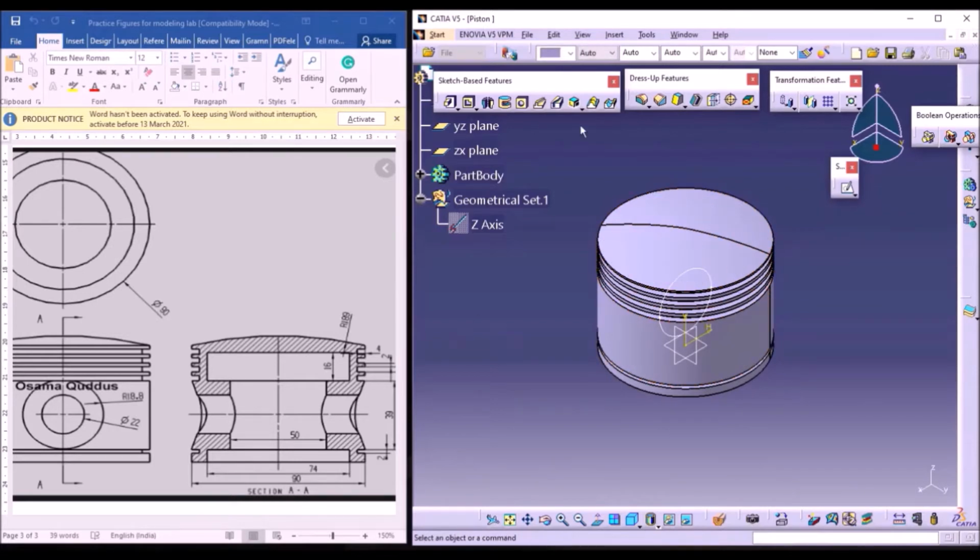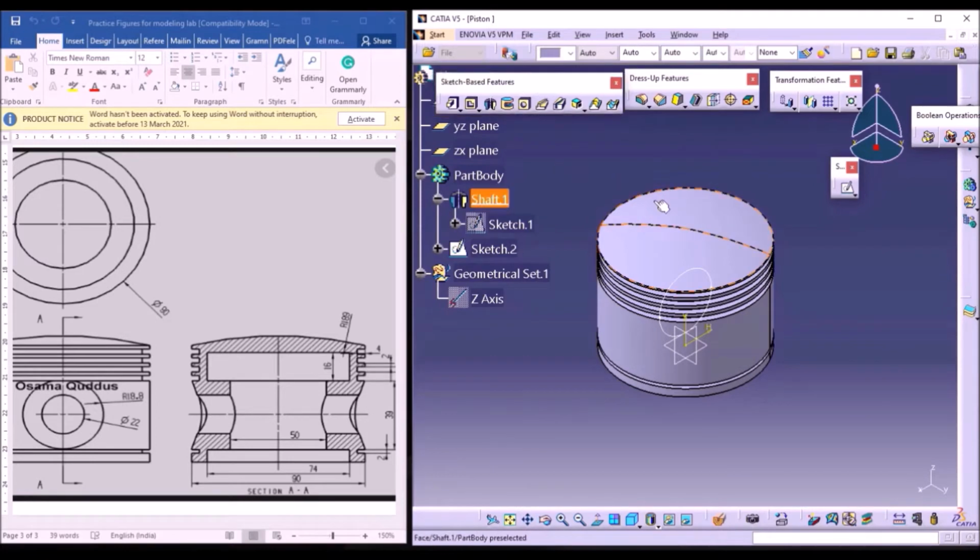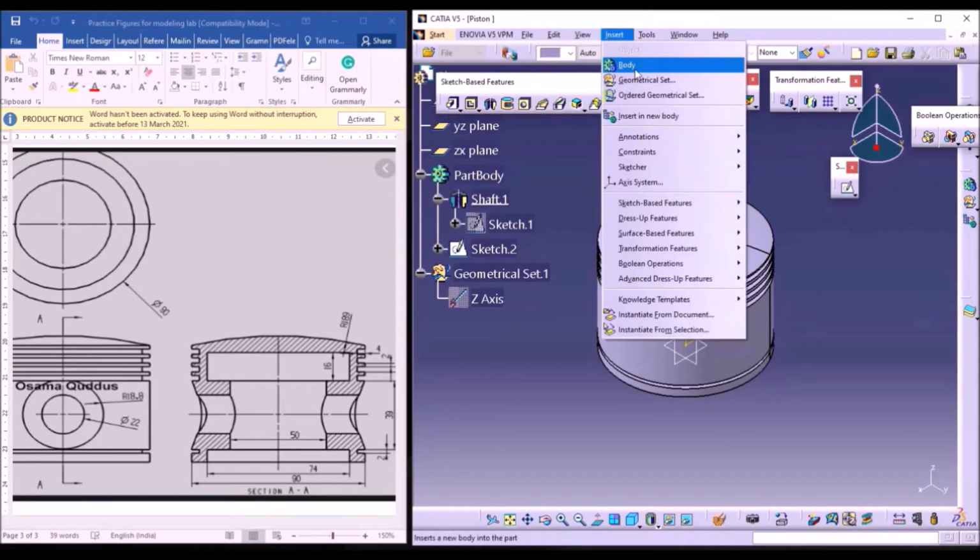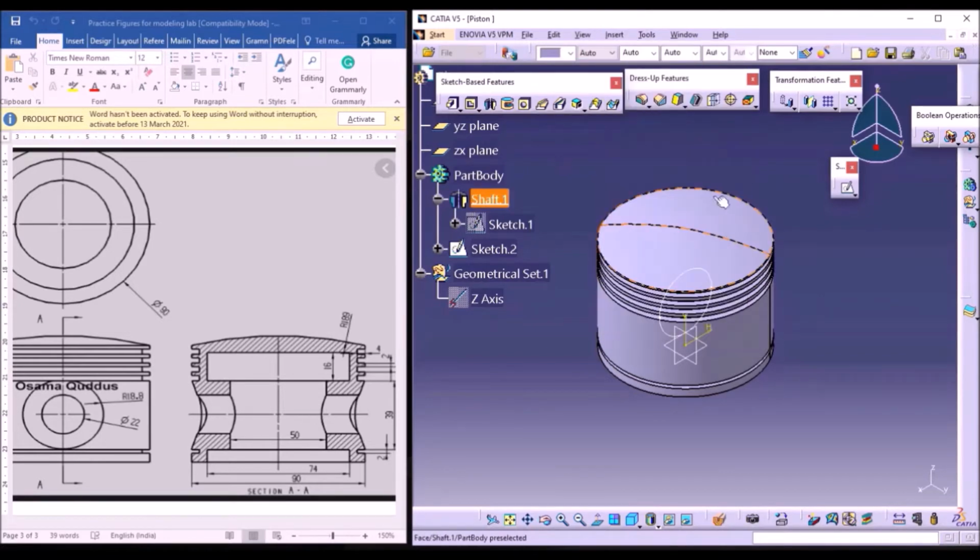For that, in Part Design, for subtraction or removing, boolean operations from the specified part, we need to insert another part. To remove, subtract or add parts in Part Design, we need to draw parts separately in different part bodies.